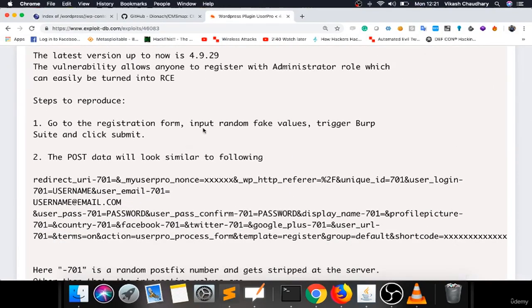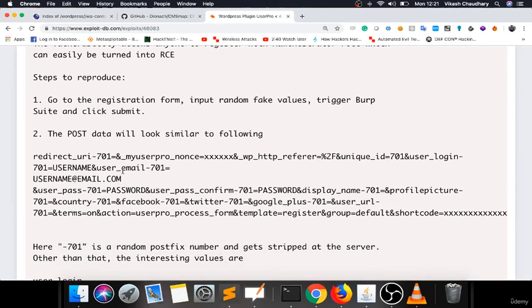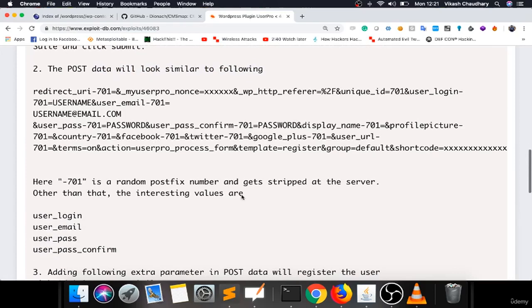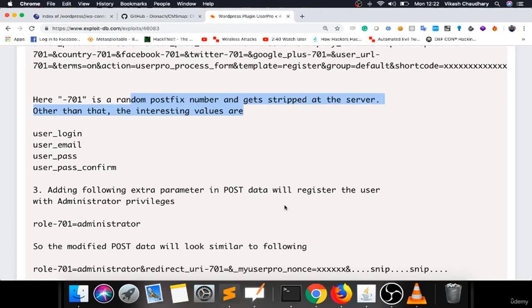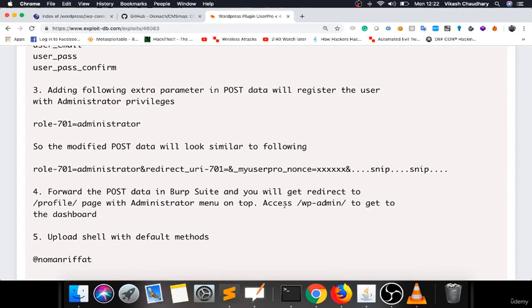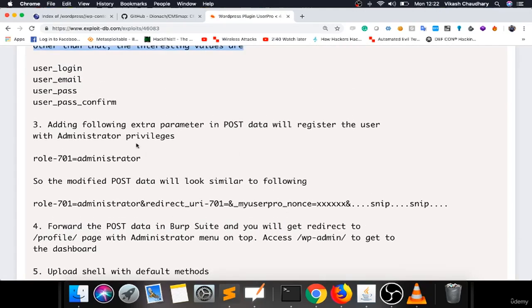So go to the registration form, input random fake values, trigger Burp Suite, and click submit. After that, the post data will look something like this. Here you'll get user password confirm 701 as a random post value and it gets stripped at the server. Other than that, the interesting values are user login and passwords. Adding the following extra post data will register to the